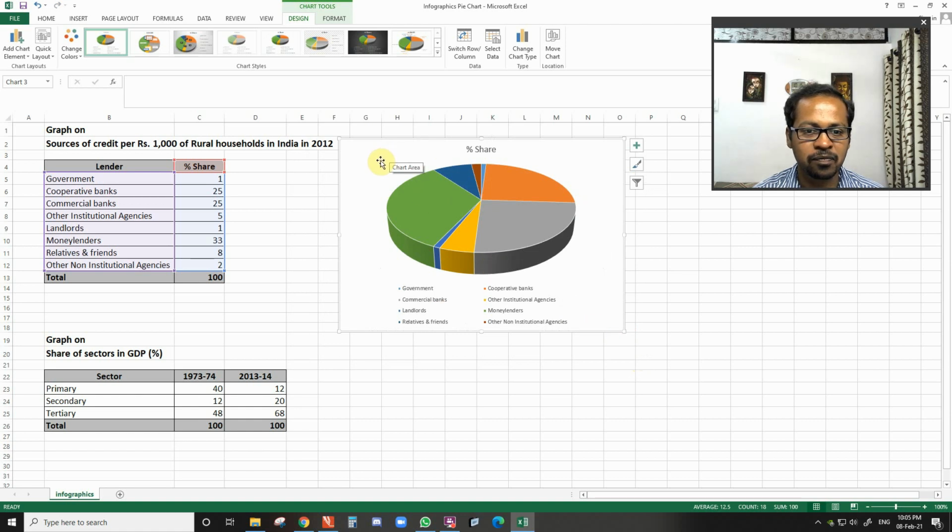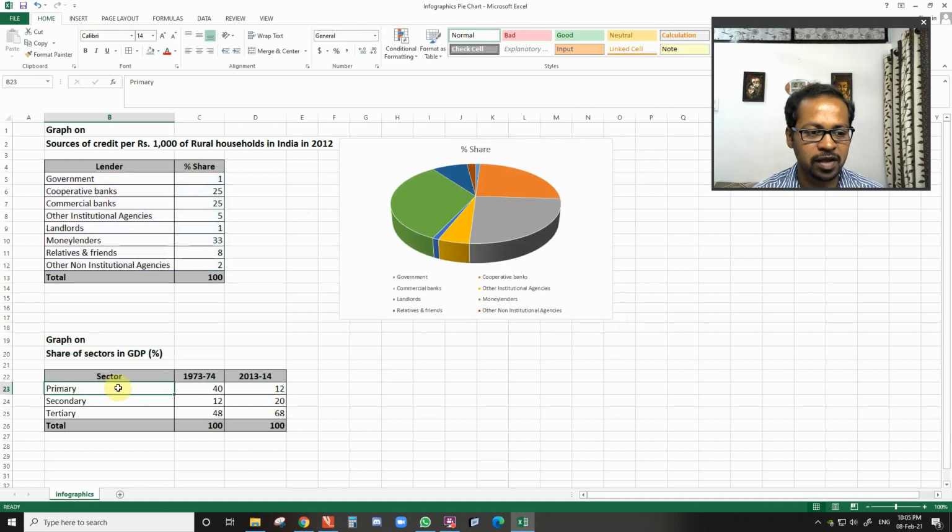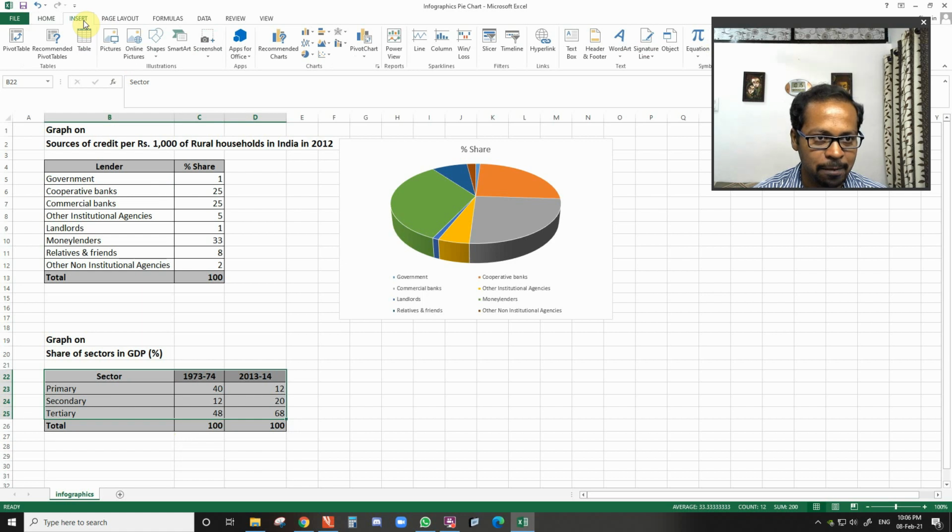Okay, now let me share with you how should we prepare the second graph. Here we will be presenting this information. This is taken from chapter number 2 in the form of bar graph. Now how to do this? Again I will select the data excluding the last line which is total is not required, and then again I will go to insert tab.